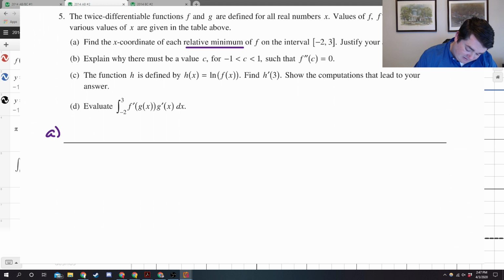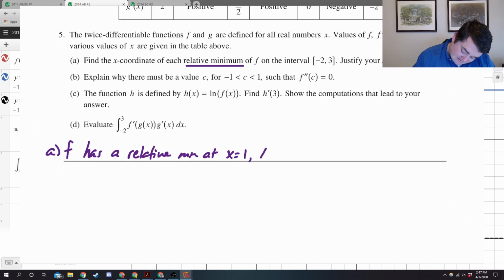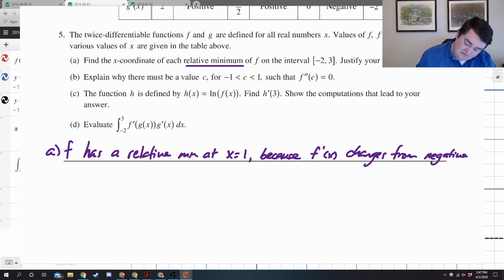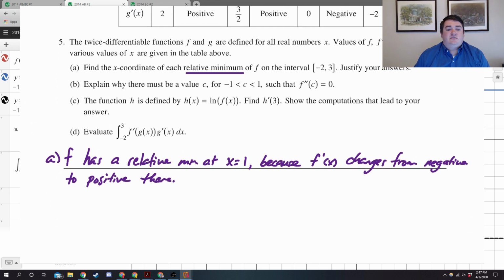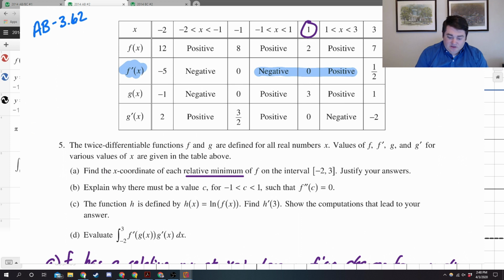I'll say f has a relative min at x equals 1 because f prime of x changes from negative to positive. There. Part B. Explain why